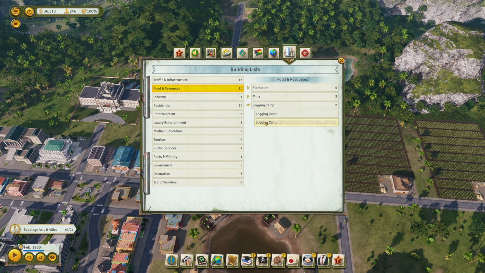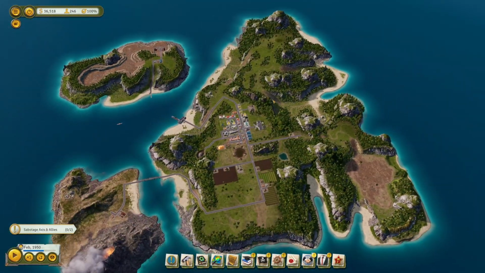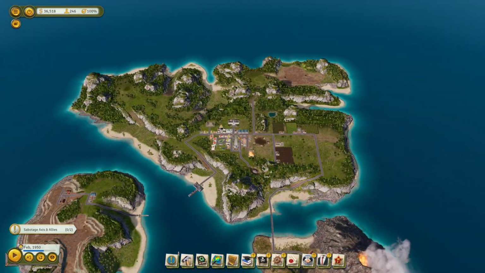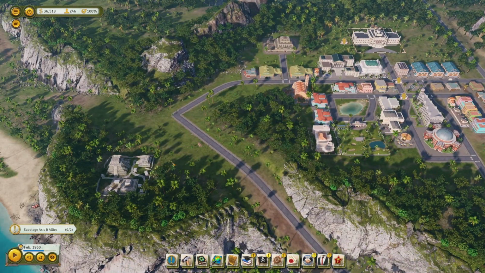Okay, so we have the logging camps going, but we don't have the lumber mill. So I do want to place a lumber mill. And where's the dock? Dock's way over here. So let's see, where do I want to place this lumber mill? I could place it over here,